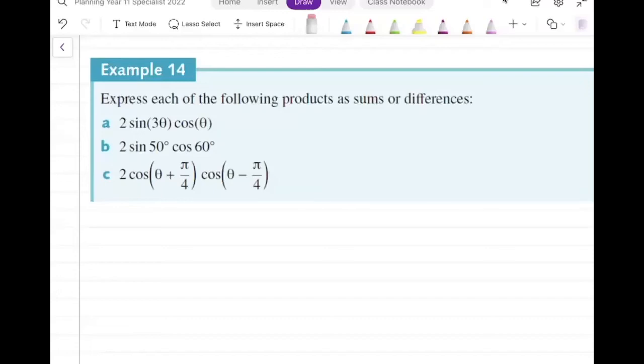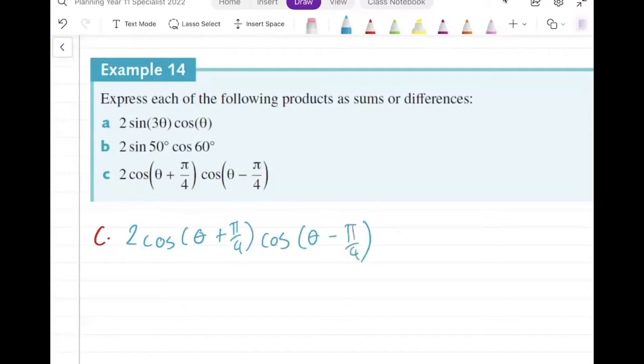Okay, let's take a look at example 1, and let's just do part C from this example. And then after I do part C, you guys can have a go at doing part A and part B, just to make sure this whole idea makes a bit of sense. So if we do part C, that's going to give me 2 cos(theta + pi/4)